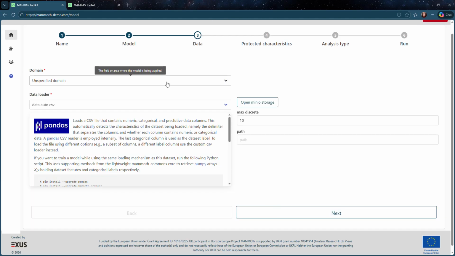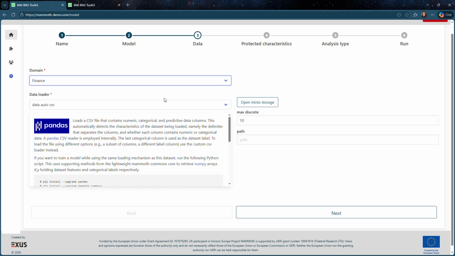Next, we will define the domain that we are actually working in. As we mentioned, it is the finance one. And after that, we need to select the way that we are going to choose the data loader. For our case, because we are working with a tabular CSV dataset, we have a few choices available.